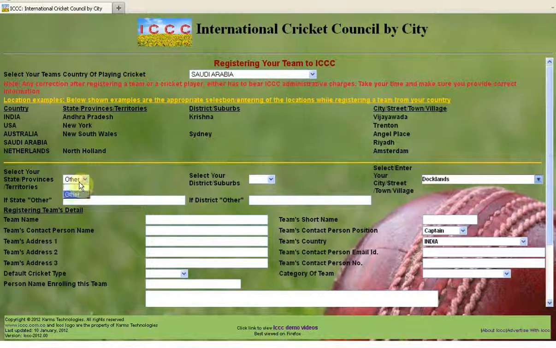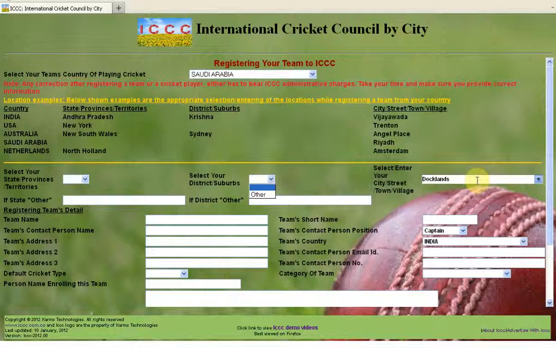As I'm not going to do that, I'll leave this blank. You have only two provisions: either keep this blank, or select Others to introduce one, or pick the appropriate state, province or district, whatever is applicable for you. So let us proceed. In our case it is blank.